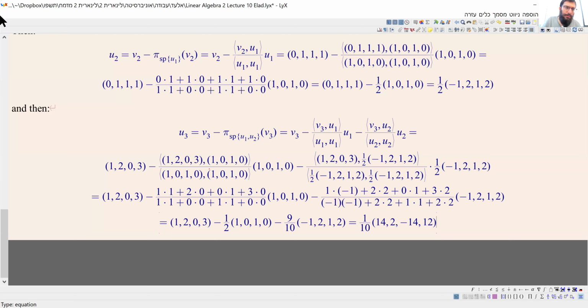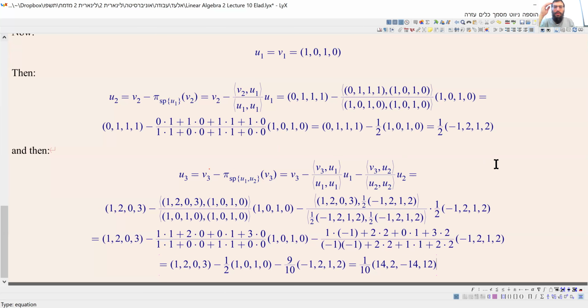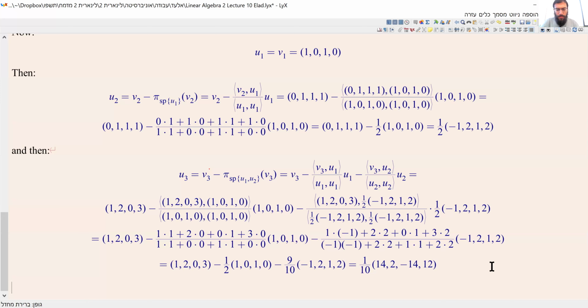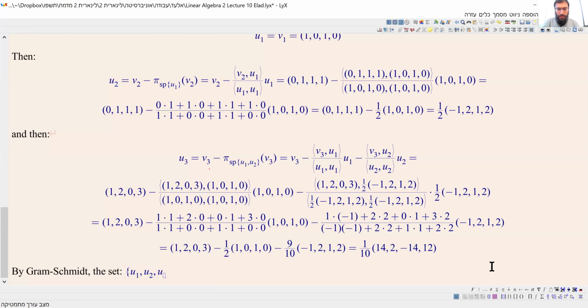Now the question is, we can check it out. Is it really orthogonal to the previous two vectors we've already found? As far as I can see, as I calculated in my head, it is. Now the scalar doesn't change anything. It's only about the vectors themselves, and they do give us 0 when we multiply them. So by Gram-Schmidt, the set of u1, u2, u3 that we got here